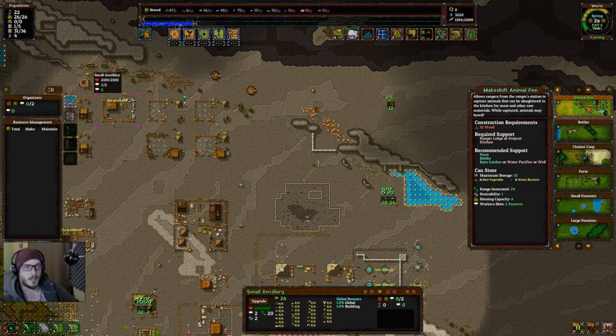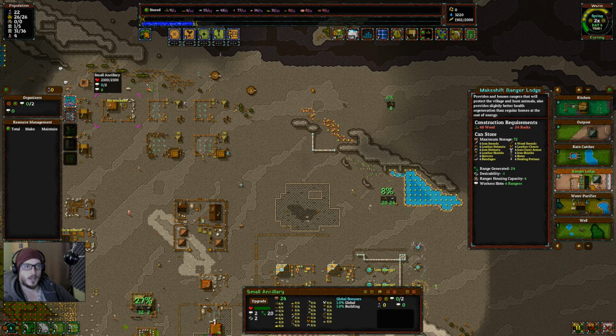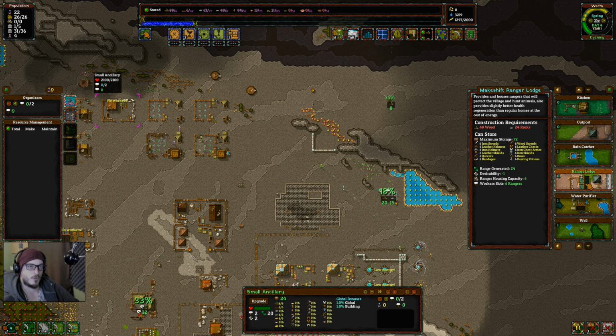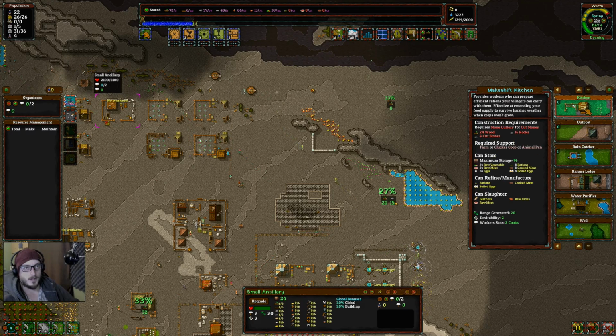So here we have an animal pen. It holds animals. We have a clucker coop, which holds chickens. And at the bottom here, we have a ranger lodge. It's a funny word. Anyway, the ranger lodge provides job slots for rangers, and during the afternoon/evening, I think the rangers go out and hunt animals, bring them back to the animal pens, and then in the kitchen,